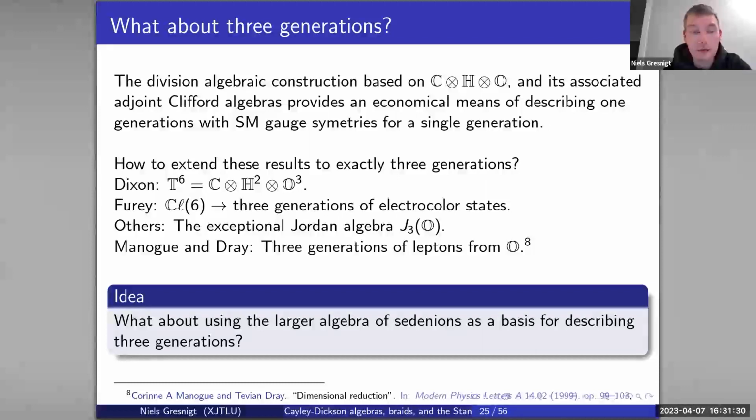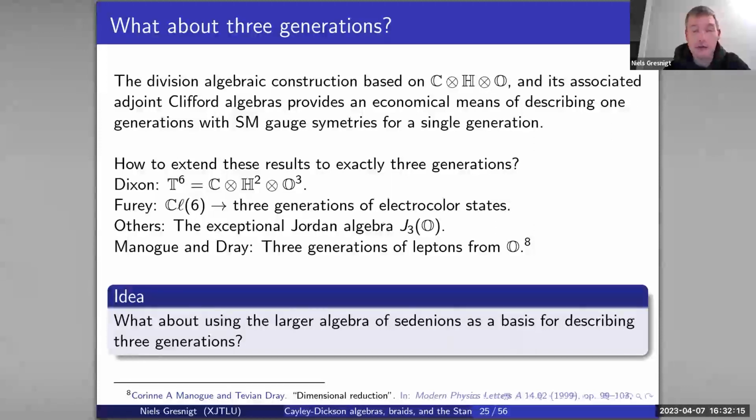Now, initially, to me, that looked rather strange. And I thought, well, why would you take 3 copies of the octonions rather than, say, 4 or 17? But he seems to have some reason for that based on sphere packing. But I can't say I've looked into that in much detail yet, but this choice is not completely arbitrary. So it's actually really interesting. Now, whereas Nicole, on the other hand, she actually looks for 3 generations of electrocolor states within the algebra CL6 itself. So she finds, because that algebra is 64-dimensional, and for one generation you need 16 dimensions, you actually have enough space in the algebra to represent 3 generations.